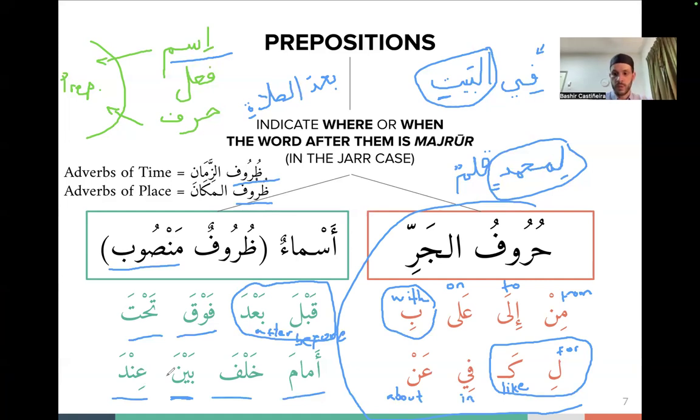So just remember that even though some prepositions are asma and some of them are huruf, in practical terms, you don't really have to worry about it because the noun that comes after will always be majrur, always in the jar case. So in practical terms, that is quite easy. And just remember that we can divide all the prepositions into two groups, those which are asma and those which are